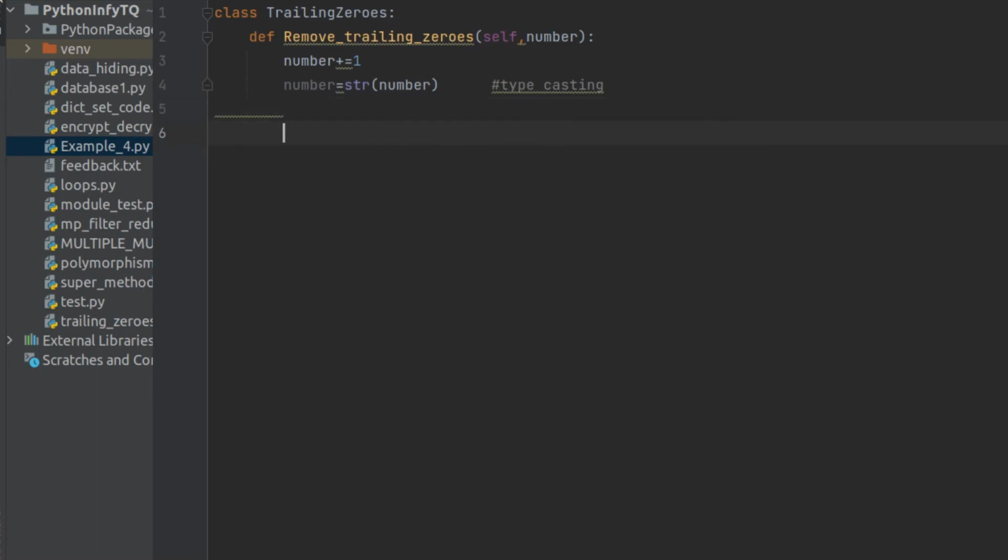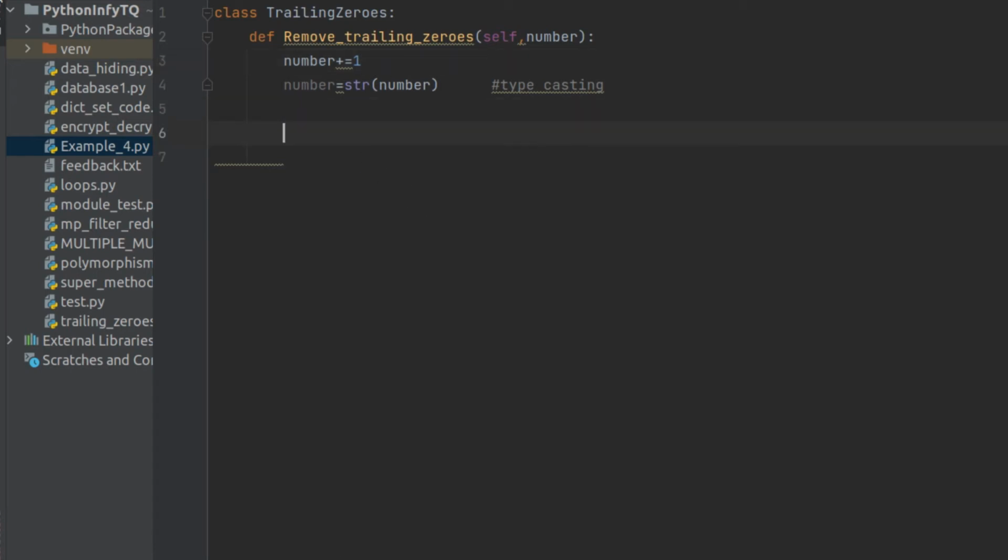Now the next thing is that I have to apply the logic as per both types of values for number, because if the user input is 99, then the output will be 100. Okay, in this case I have to apply the logic and remove all the trailing zeros. But suppose the user has entered the number as 98. In that case, if I add 1 to it, the output will be 99 and I don't have to remove anything from there.